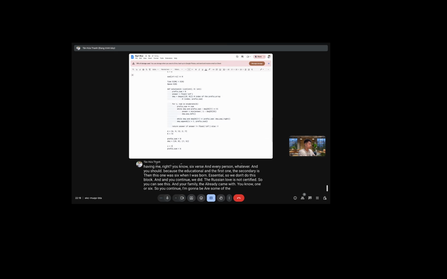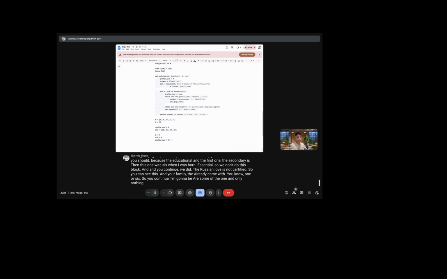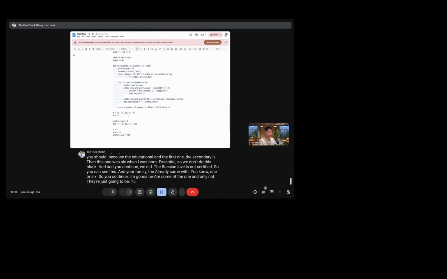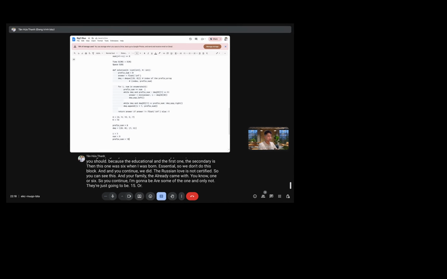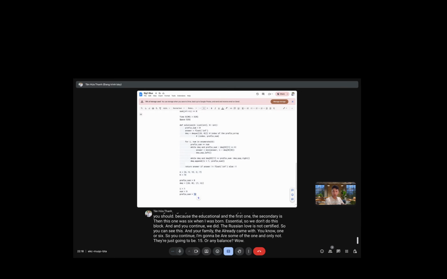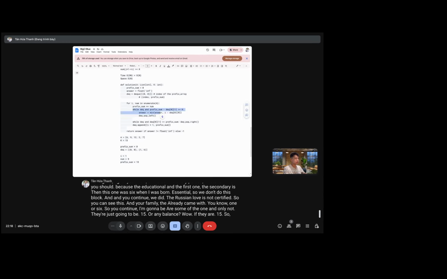So I is going to be one and I is going to be nine. The repeating is going to be 15, and if they are 15, the first block is quicker. The answer is going to be